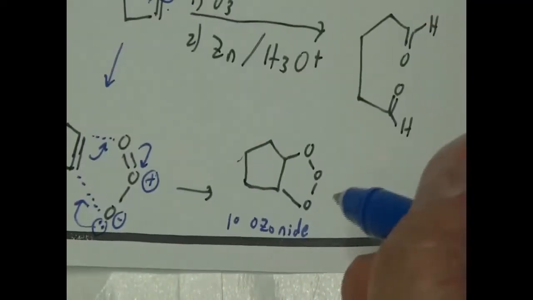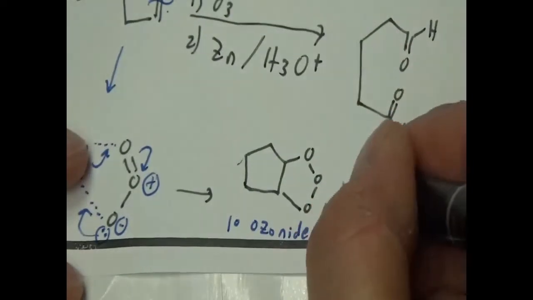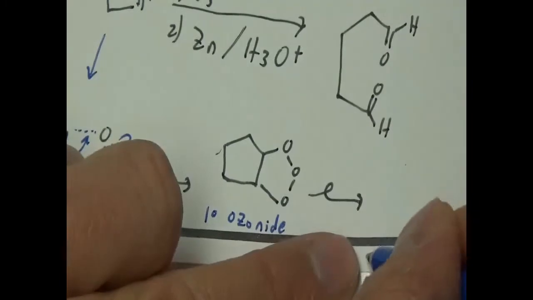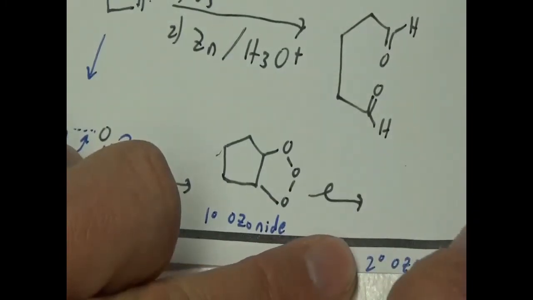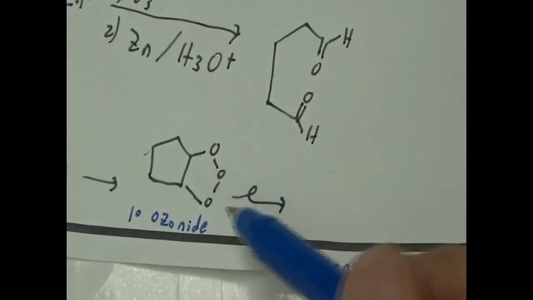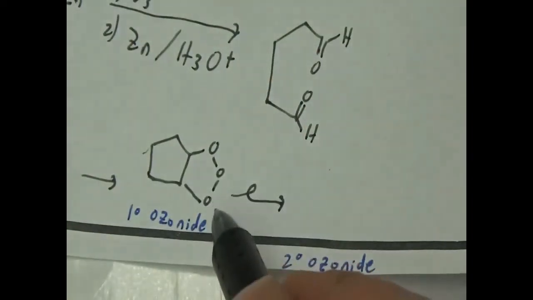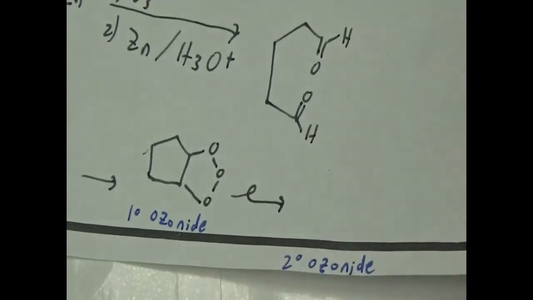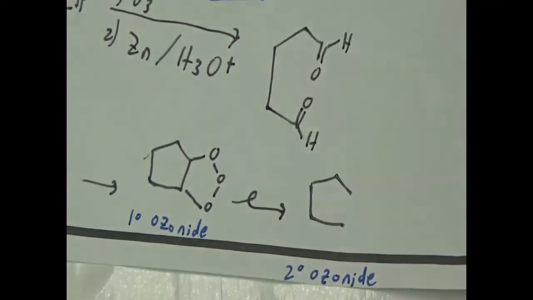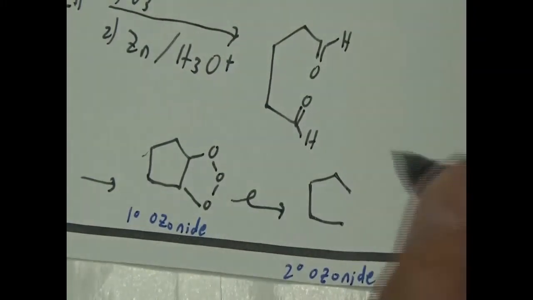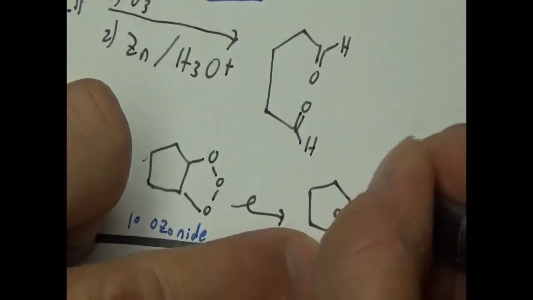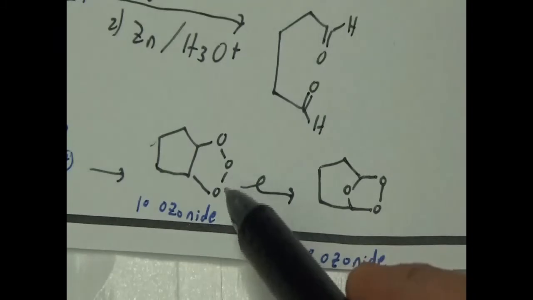Okay, and the primary ozonide, and I draw a little funny arrow because the mechanism is really weird, and we're not going to do the mechanism, to make something called the secondary ozonide. The secondary ozonide is a rearranged structure in which one of the oxygens sneaks in between the CC bond. So it's kind of like the left side, but then we have an oxygen in the middle, and then 2 oxygens here. See what happened? Oxygen snuck in.